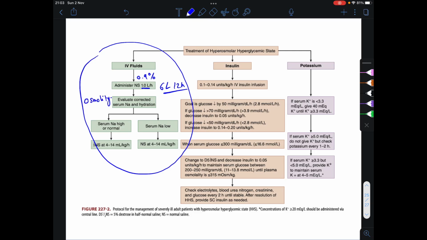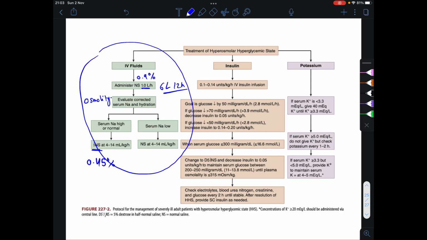And we've already said if the osmolality is dropping too fast or too slow, you have to change the rate. If it's not changing at all, and you've given all the fluids to treat the dehydration in the patient, and this patient is no more dehydrated but the osmolality is not changing, then you may consider starting, for example, half